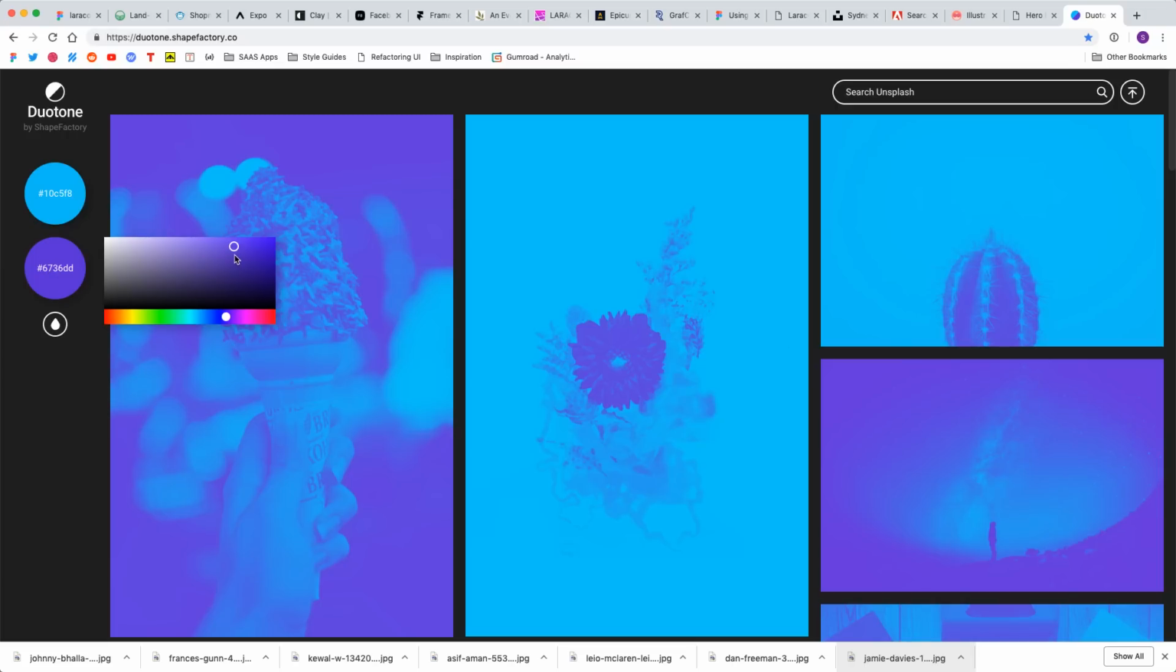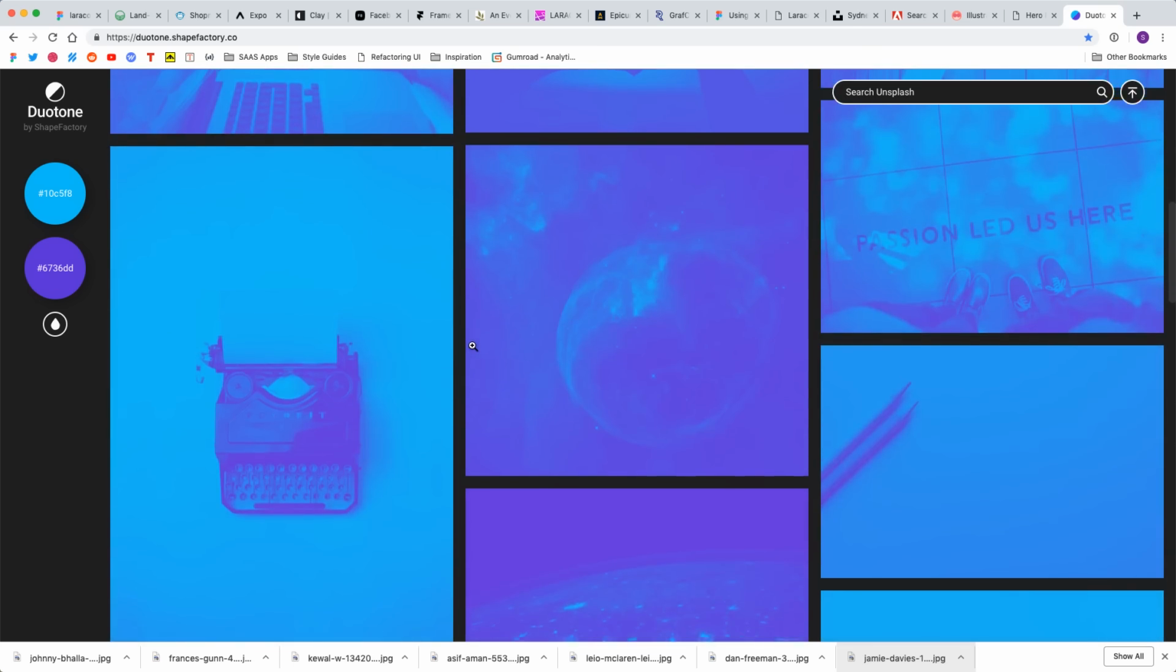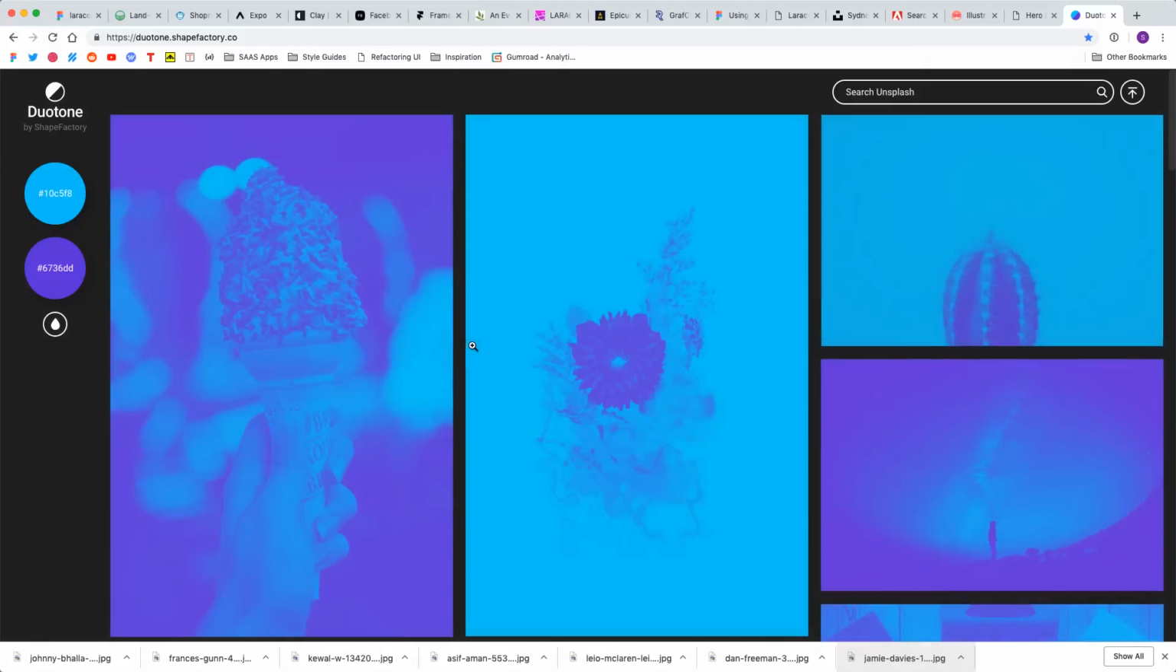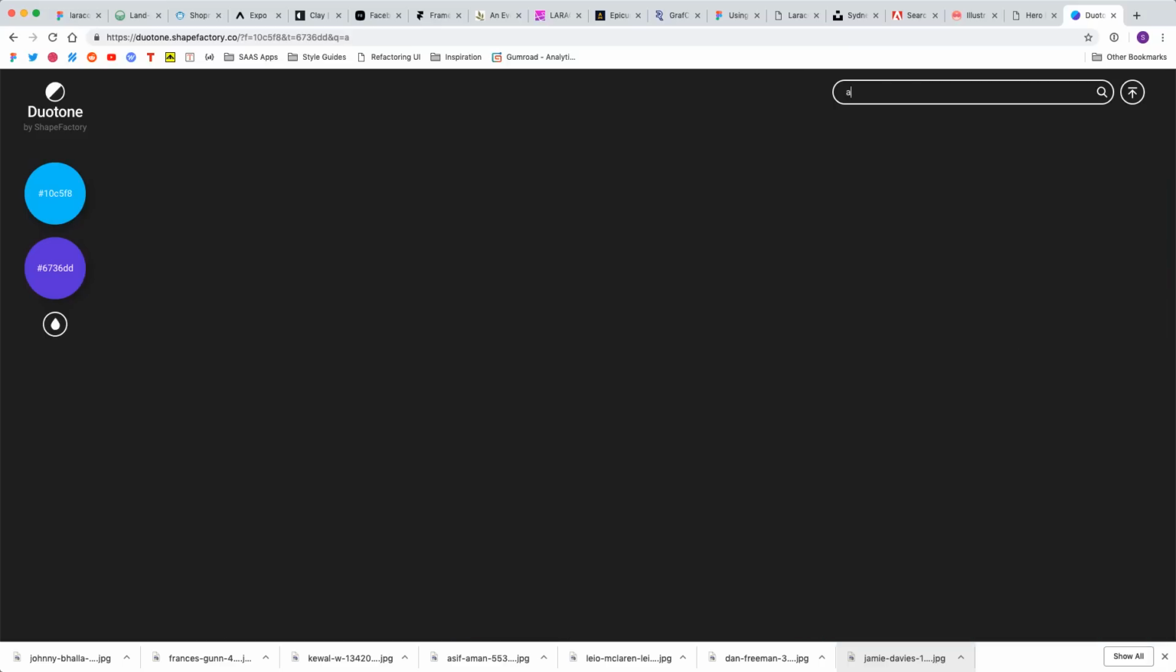You can do this in Adobe Photoshop. It's called a gradient map. But this is just a great little website for that. And you can upload your own image too. But if I find my Australia image,